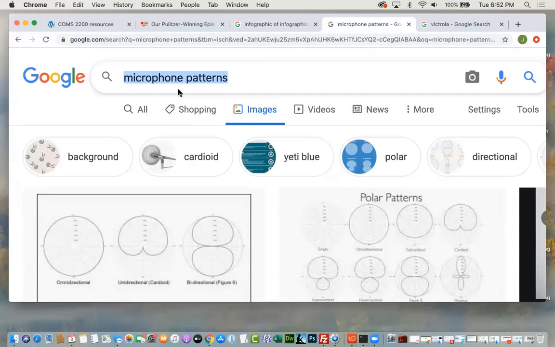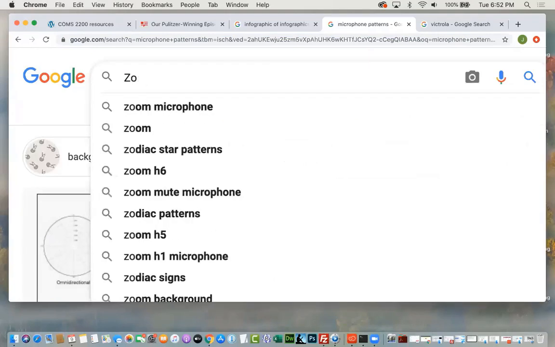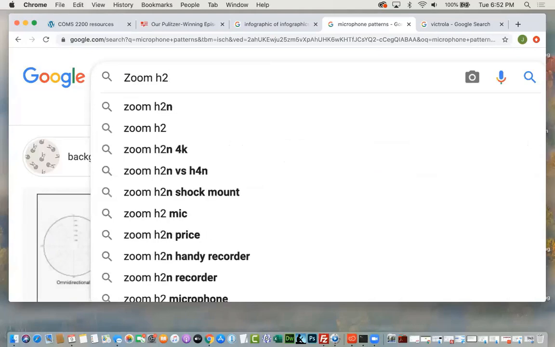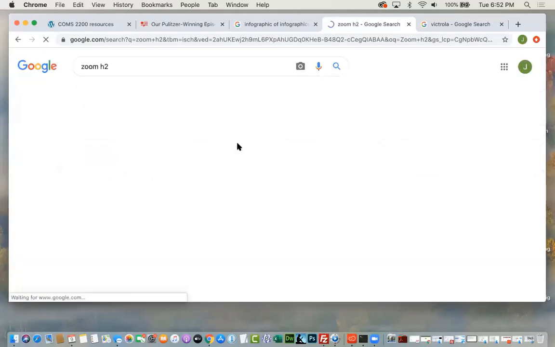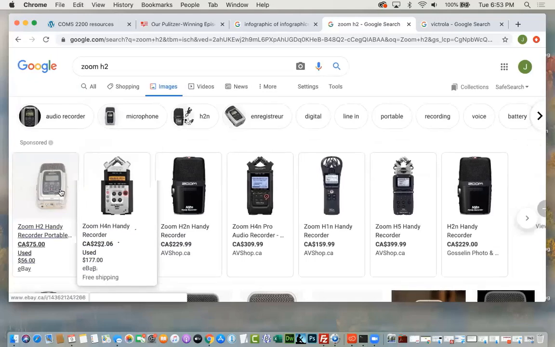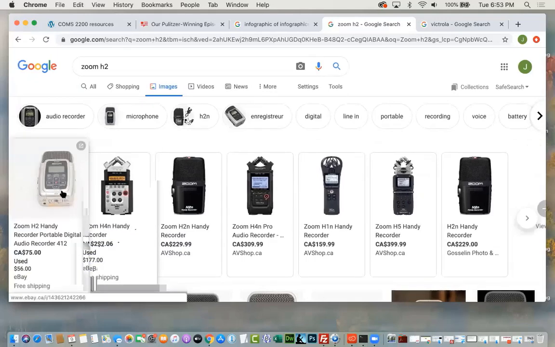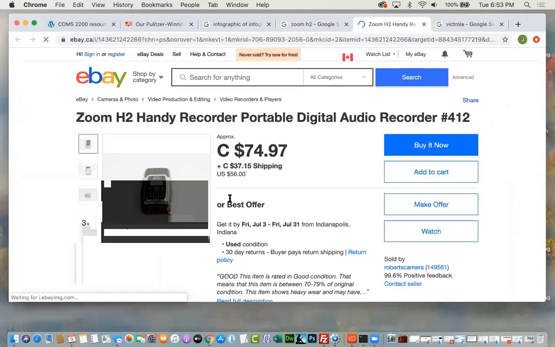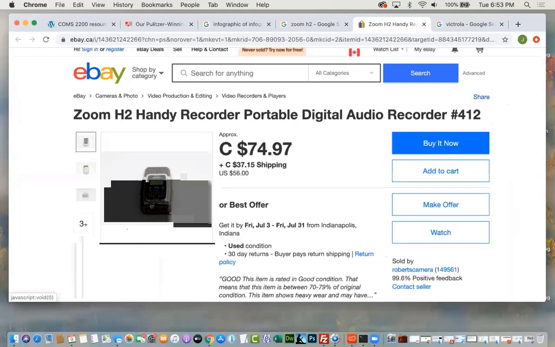Look at this. Have you ever seen a Zoom H4n or H2? Right? Look at this, 75 bucks used. And this is amazing. $74 used.